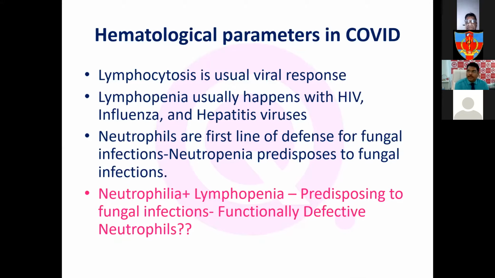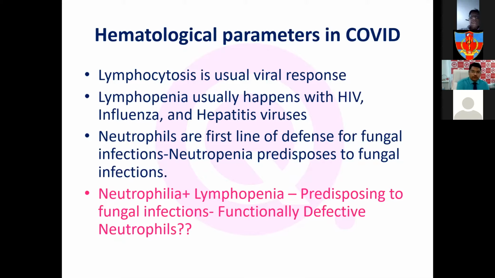The other distinct feature is usually seen in neutropenics. The neutrophil is the first line of defense for fungal infections. In neutropenics, when the neutrophil count is down, those are the people we often come across in hematological problems, and they are likely to develop all sorts of fungal opportunistic infections. But in this setting, in COVID, we have used increased neutrophils and decreased lymphocytes as a harbinger of very severe COVID disease.